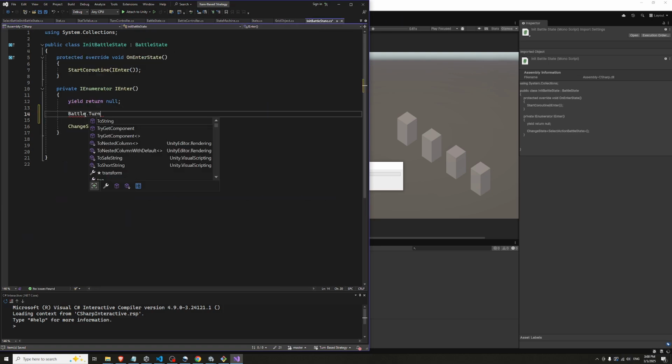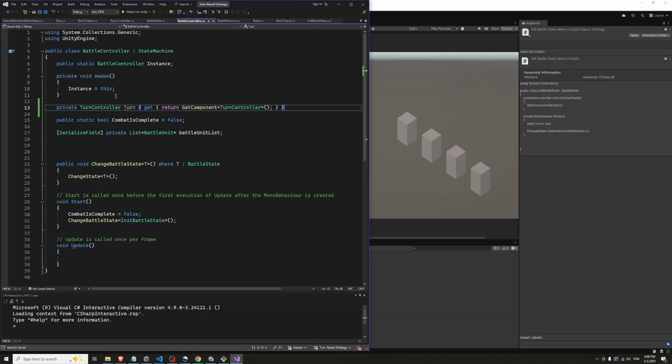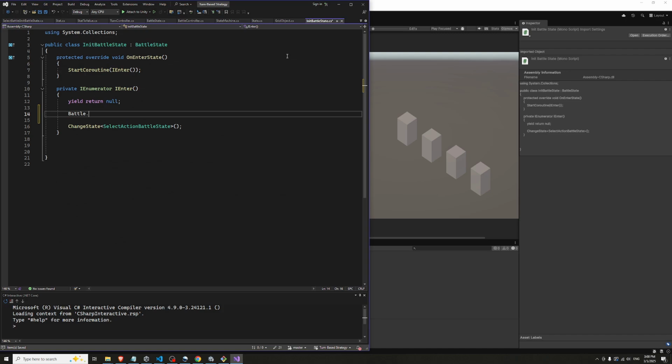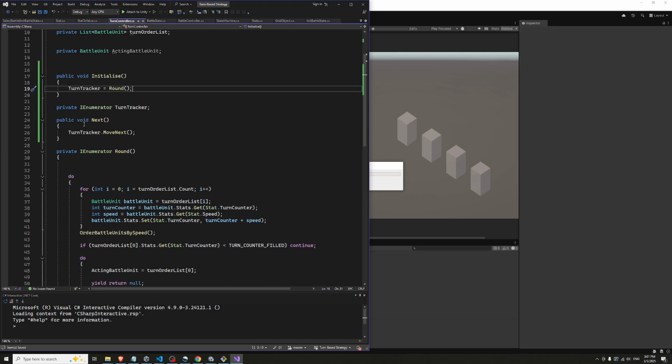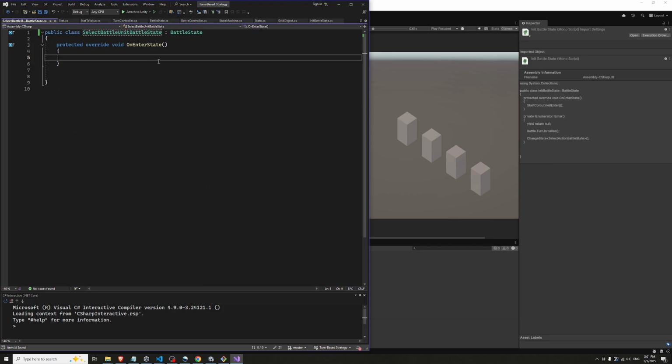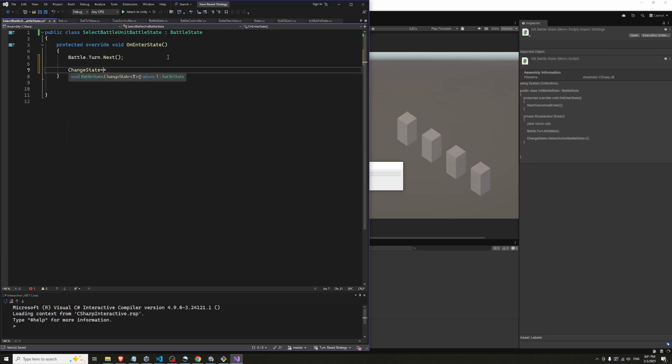So if I just say battle dot turn, battle dot turn dot initialize, which will set the tracker equal to round, and then in here we'll do something like battle dot turn dot next, and change state to